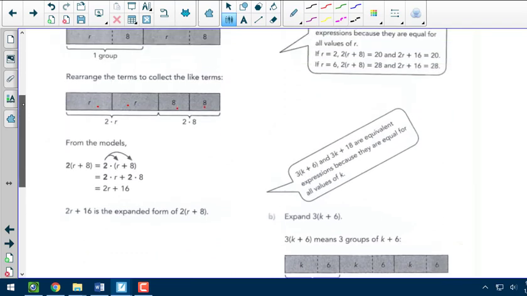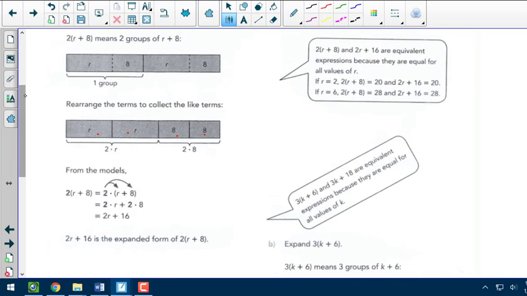And this note up here says 2 times the quantity r plus 8 and 2r plus 16 are equivalent expressions because they are equal for all values of r. So if I put an r into 2 times the quantity r plus 8, say it's 2, well, 2 plus 8 is 10. 2 times 10 is 20. And yes, 2 times 2, so if I put the 2 here, plus 16, 2 times 2 is 4, plus 16 also equals 20. If I put a 6 in, I'm going to get 28 for both of